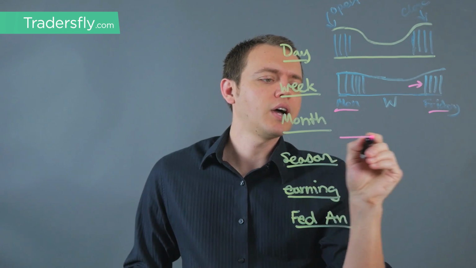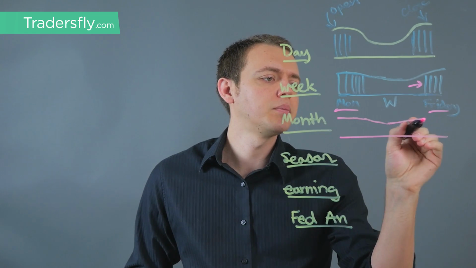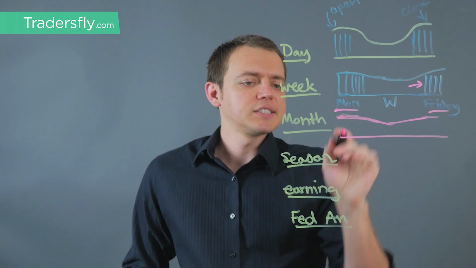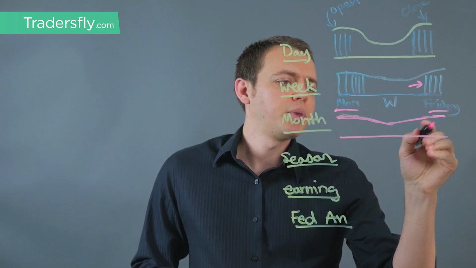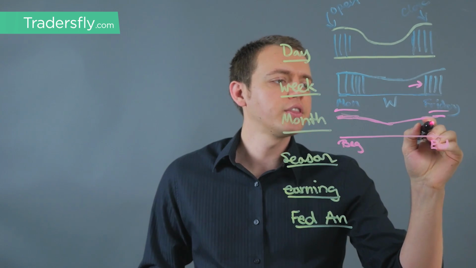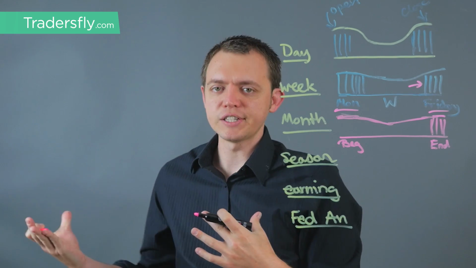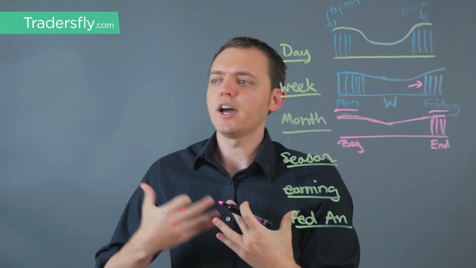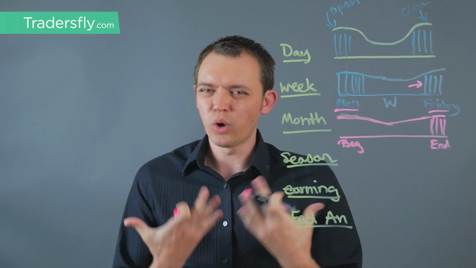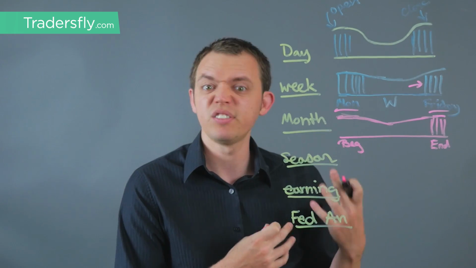On the monthly, you also have a trading pattern. So at the beginning of the month and kind of the end of the month as well, you have those things happening. Now this one's a little bit different simply because of option expirations as well. But let's first start at the beginning and then the end of the month, okay? At the end of the month, there's more trades that happen because all these portfolio managers have to send out reports to their investors, right? If you're a mom and pop and you sent, let's say, $100,000 to an investment company, what they do typically at the end of the month is get rid of the nasty or ugly looking positions, and then they change them up to positions that look a little more favorable, especially if they did a bad job.